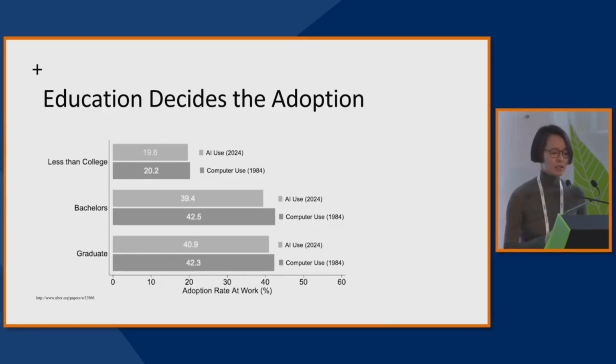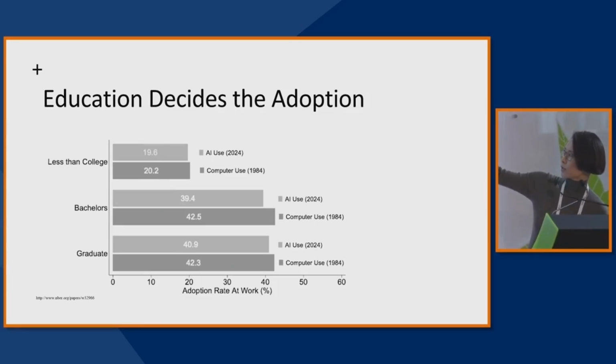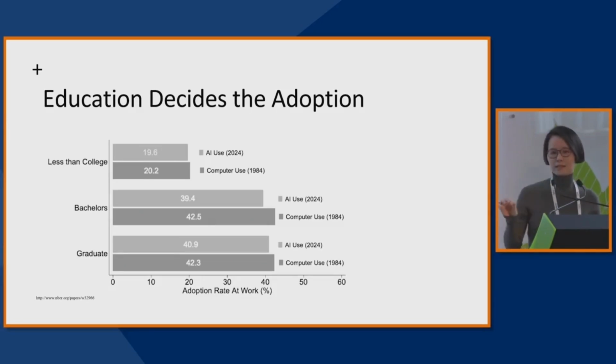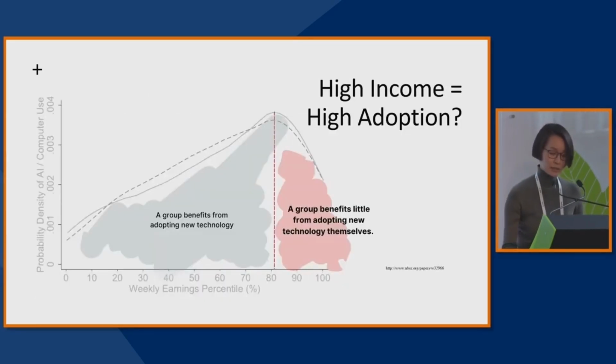Why don't we try to use it? It's a much easier adoption compared to those who have no college degree, might work in factories, on the field, or doing some more hands-on work. So that was the reason you see this huge gap between computer adoption in the 80s, that more bachelor degree population adopted computers much faster than those without a degree. And it's exactly the same as those who adopt AI early versus those who don't adopt AI early. You get the point. So that was the education.